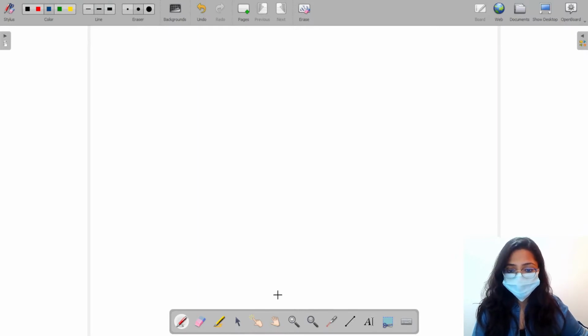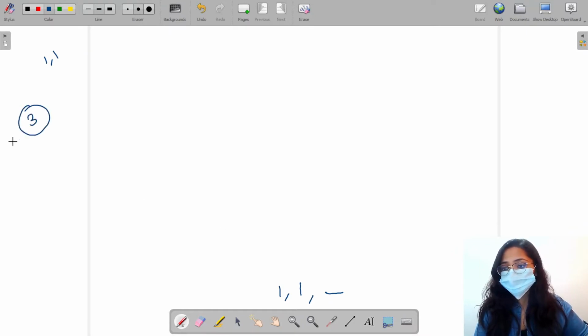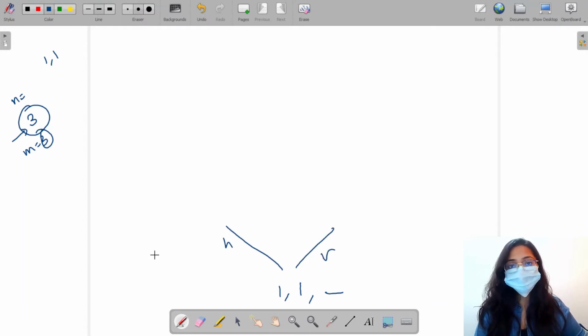So I am starting from the initial position. Let me take this as 1, 1. So I have started from 1, 1 and my path was empty. And I am taking number of rows to be 3 and number of columns to be 3 as well in this case. So I can either go horizontally or vertically, right? So if I go horizontally, the column will change, right? So here I reach 1, 2 and the path becomes H. If I go vertically, the row will change. So here I got 2, 1 and path became V.